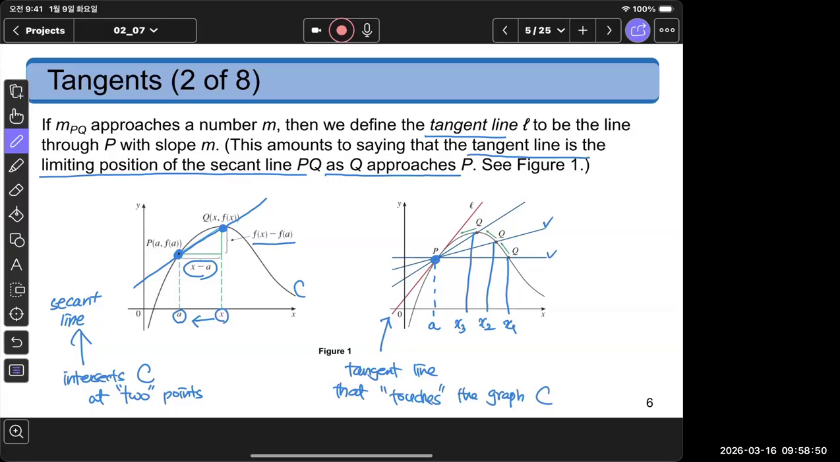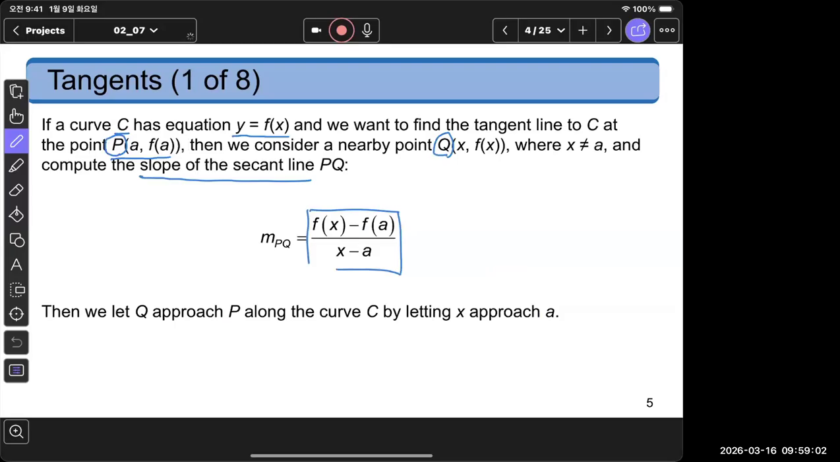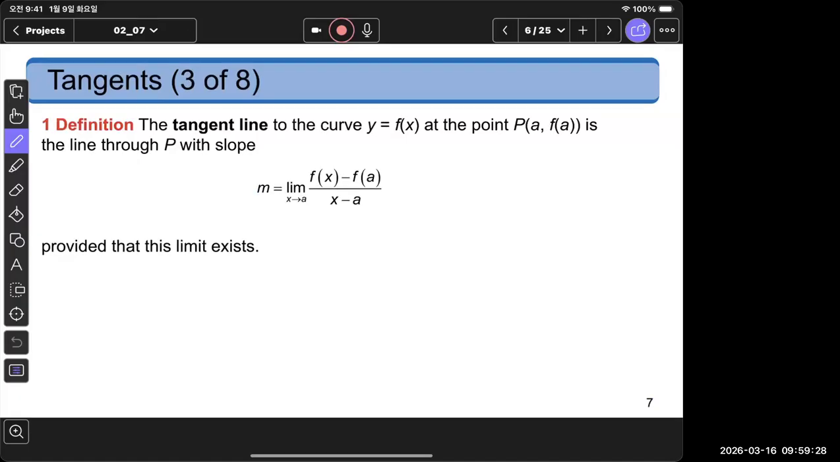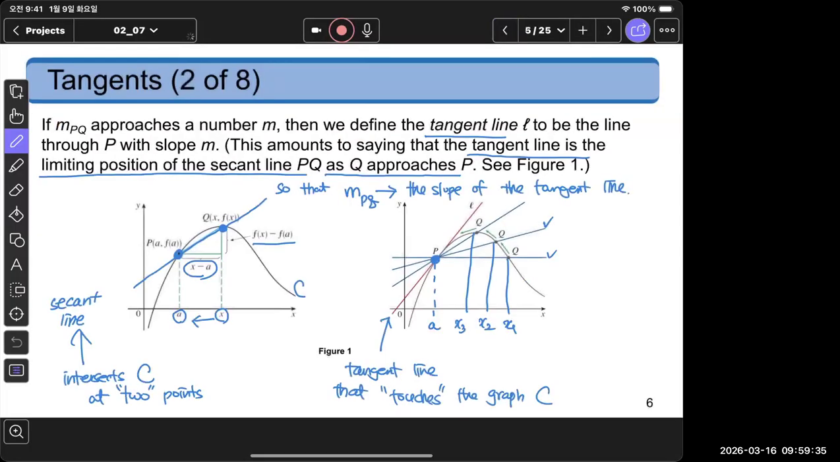Okay. So the slope of the secant line, which we called m sub pq, approaches the slope of the tangent line L. So that is what we observed in figure 1. So this red line